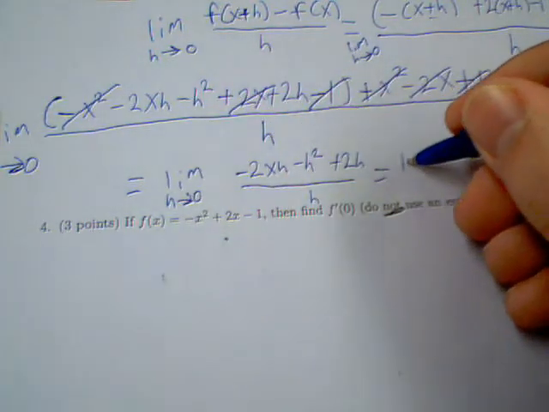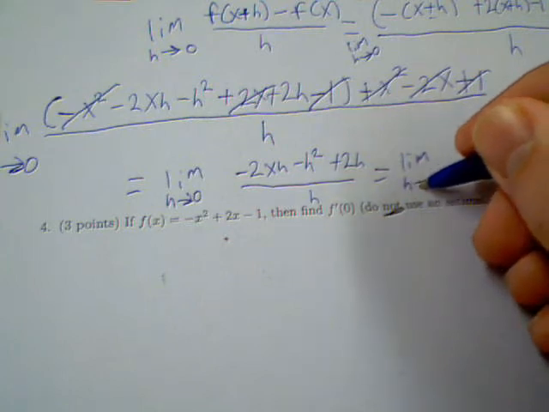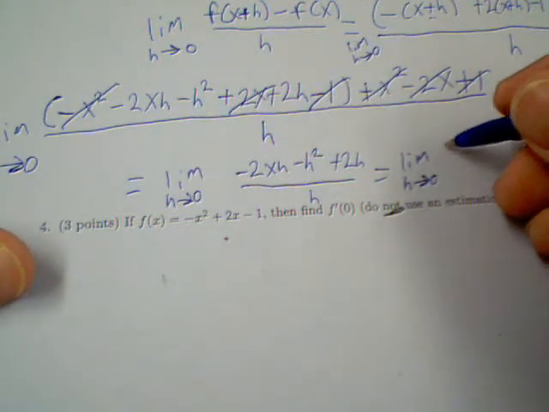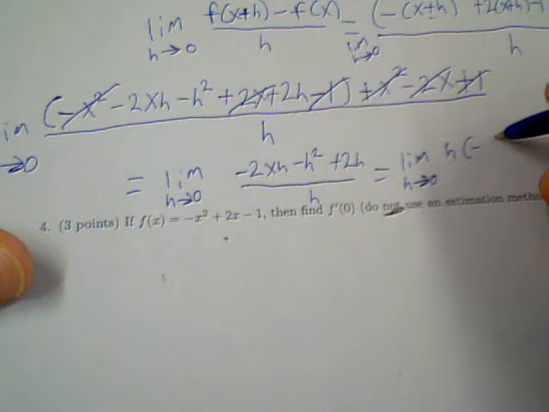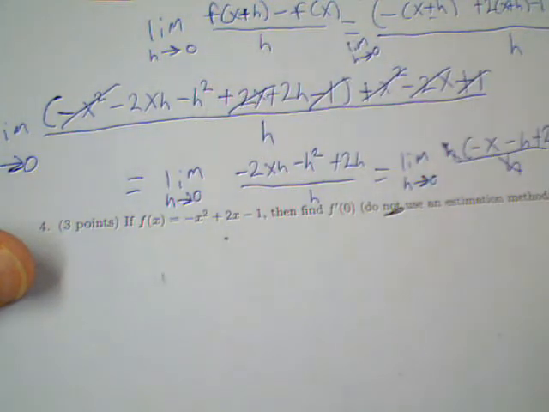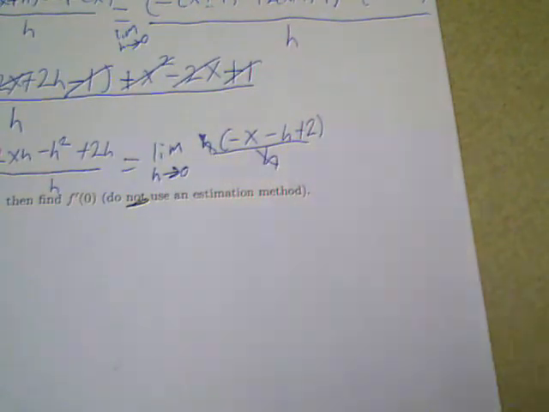Well, I can factor out an h on top. I'm left with negative 2x minus h plus 2. H is going to cancel with the h in the denominator, which leaves us with